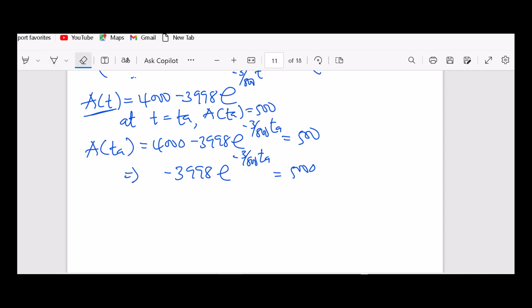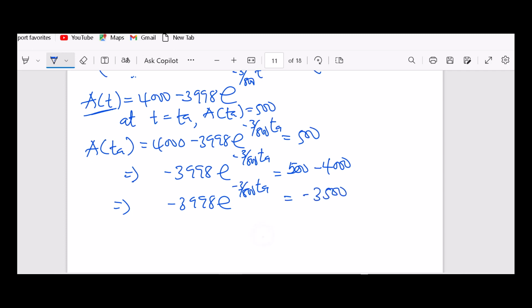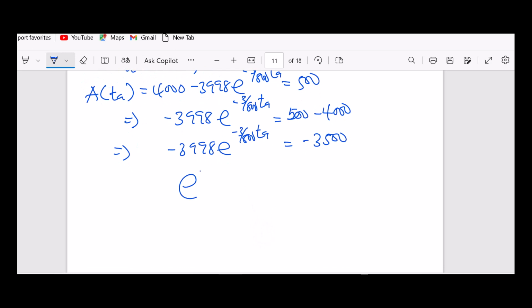Sorry, 500 minus 4000, and this implies that we have negative 3998 e power negative 3 over 800 t of A equals negative 3500. So we have e power negative 3 over 800 t equals negative 3500 over negative 3998. And so, solving for t,